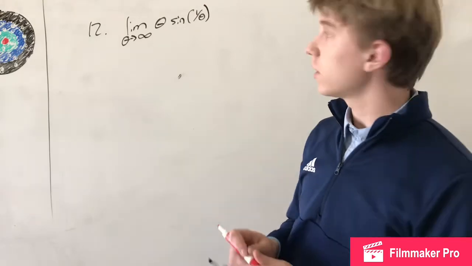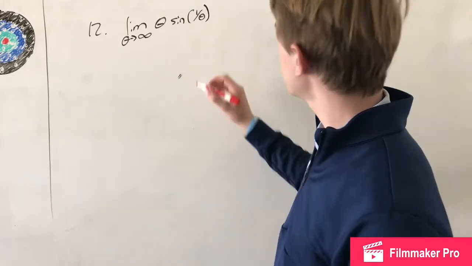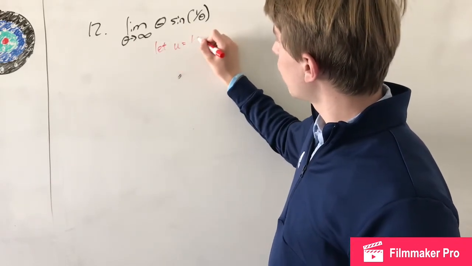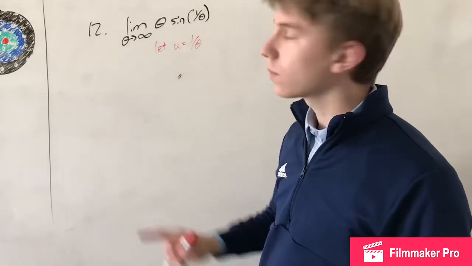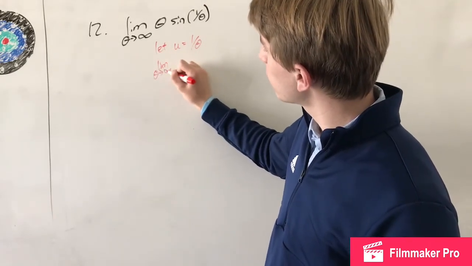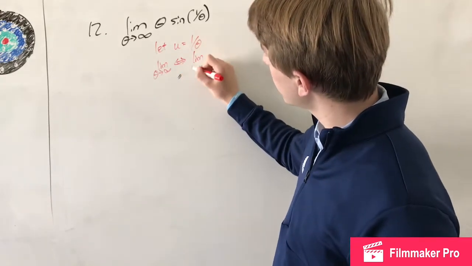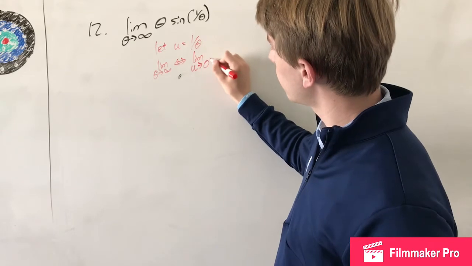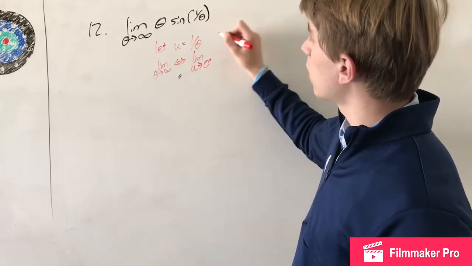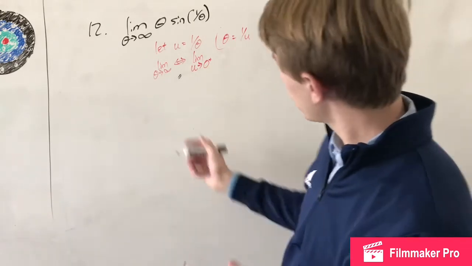Okay, this question is a little bit trickier because you have to do a u sub inside of a limit. So if we just let u equal 1 over theta, then that means the limit as theta approaches infinity is equivalent to the limit as u approaches 0 from the positive end. This also means that theta is equal to 1 over u. So we can rewrite this